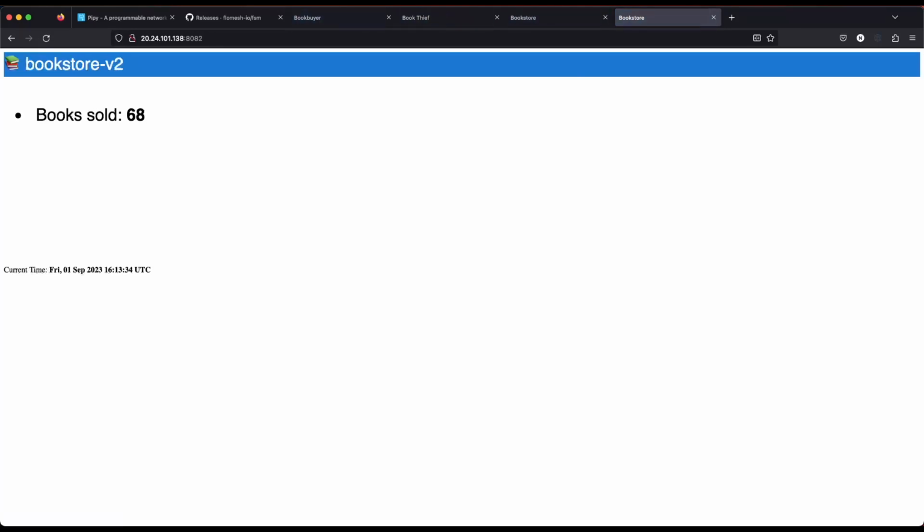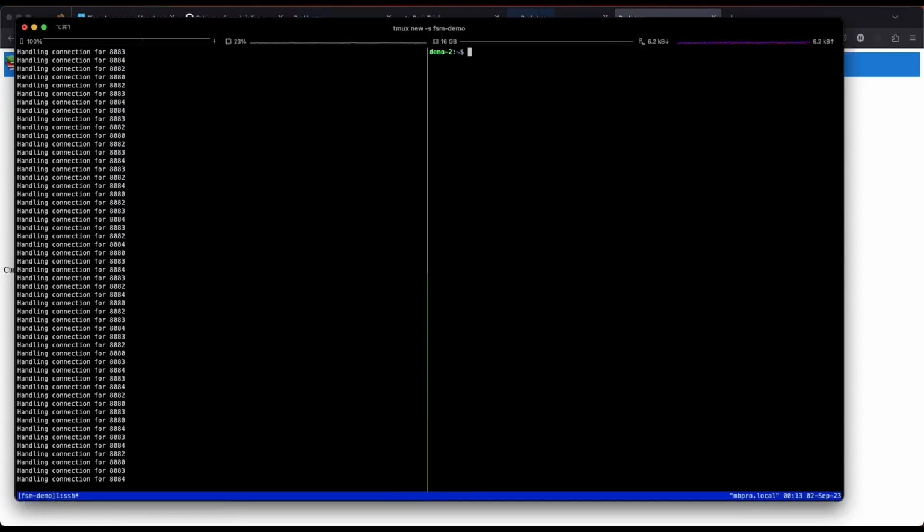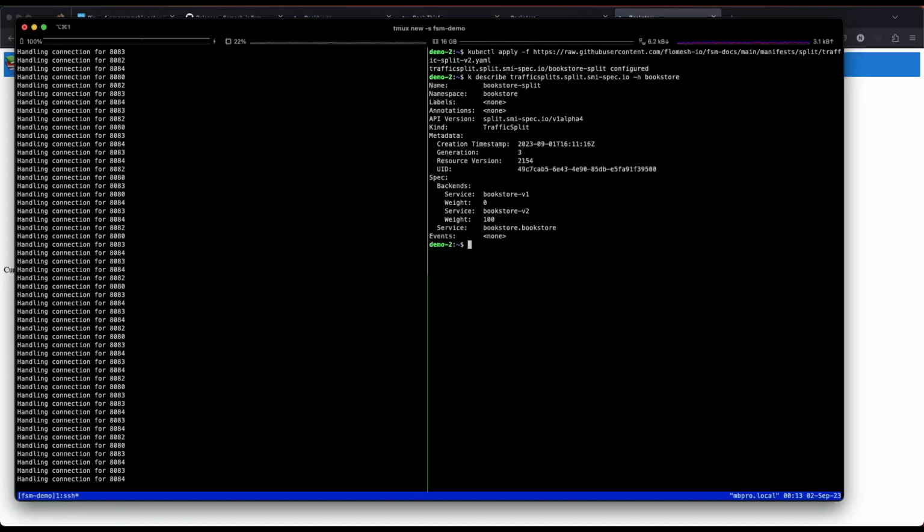Now we are good with this setup, and we know our v2 service is up and running. So let's redirect all of the traffic to our v2. We can apply the same policy, create another YAML, and apply the traffic split policy. If we take a look at that one, what we did is we increased the weight of v2 and we decreased the weight of v1 to 0, so that v1 should no longer be able to access